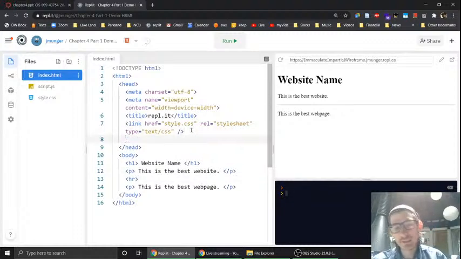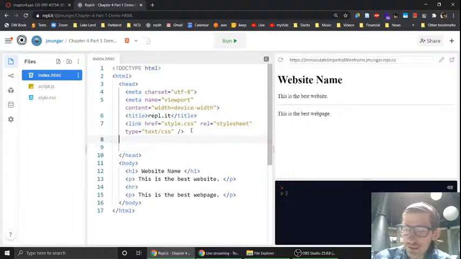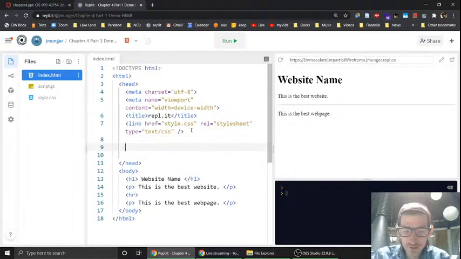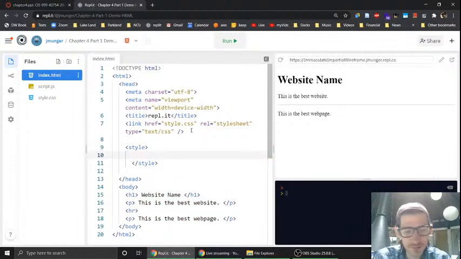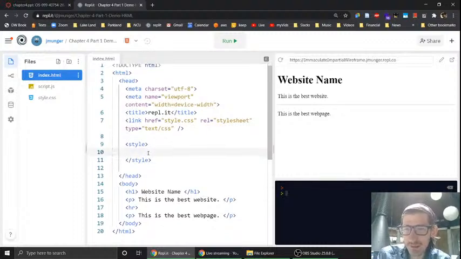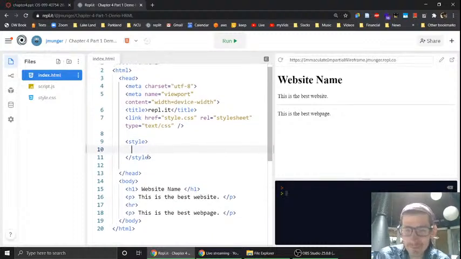I'm going to use embedded CSS, so I need to add a style tag in the head section so that the browser can interpret the CSS within the HTML file. The reason I'm using it is so we can just have it all in the same window as we look at it. So H1s, let's give it a border top